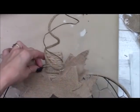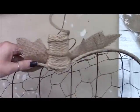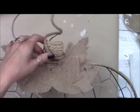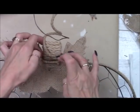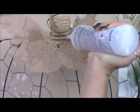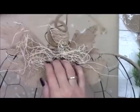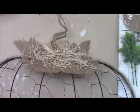And then also using again some of that paper wire, I'm gluing that around the stem as well, like I used in the pumpkin bouquet in our first project. I love that paper wire. I went back to get more at Hobby Lobby, gone, so I ended up ordering 6 rolls of it on hobbylobby.com. Anyway, now I'm adding in some Excelsior here just to give it texture, and these are some pieces from